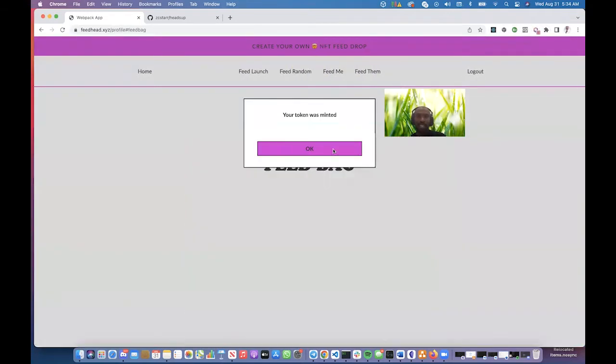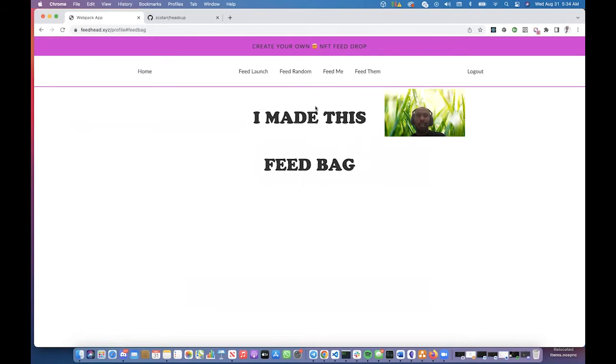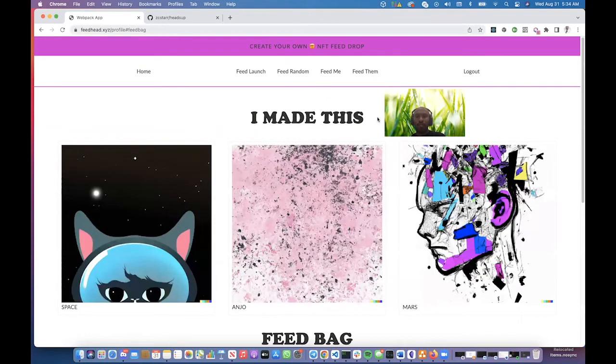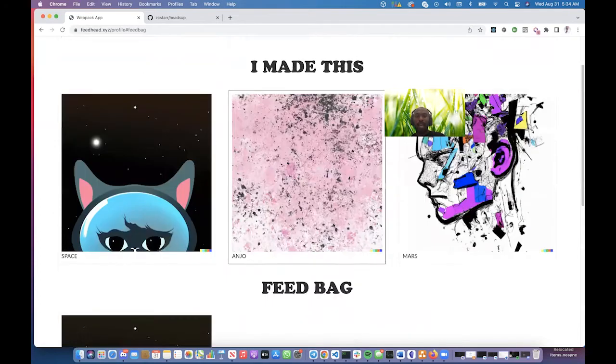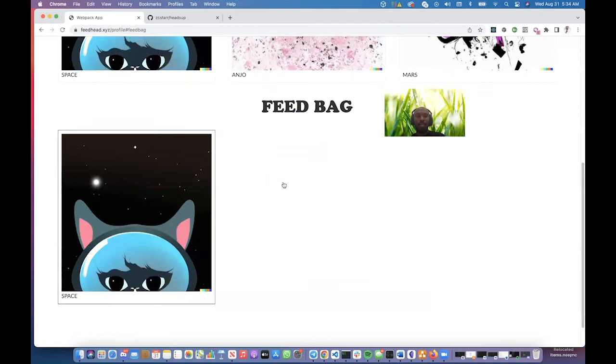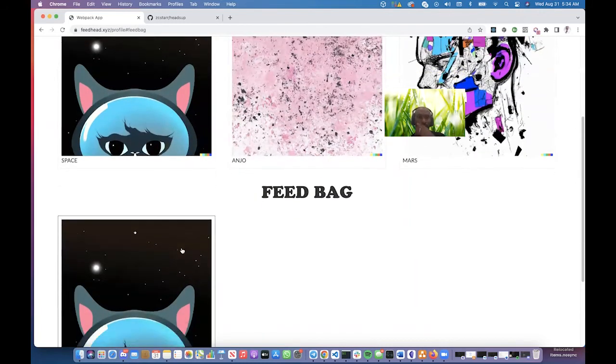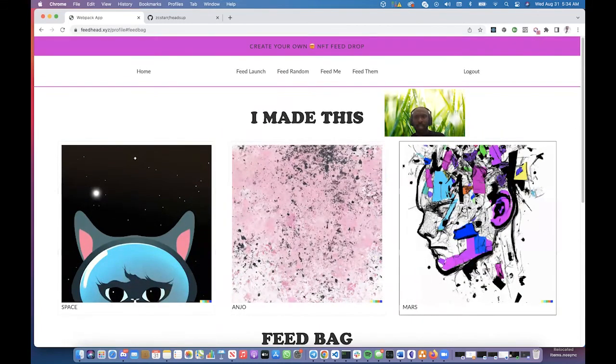Our token was minted. So here we're in our personal profile. And here are the different feeds that I made. I made this space feed, and feed bag; these are all the tokens I minted. So we just minted a token, and it landed here. The next step that we might want to do is to look at some of these feeds I've made